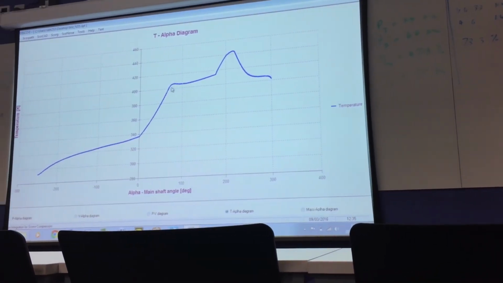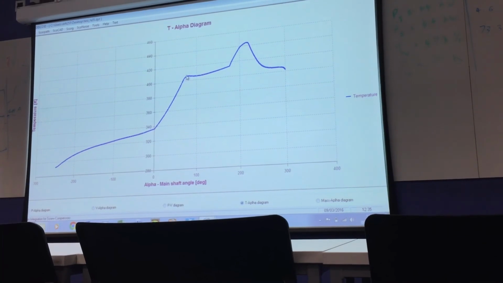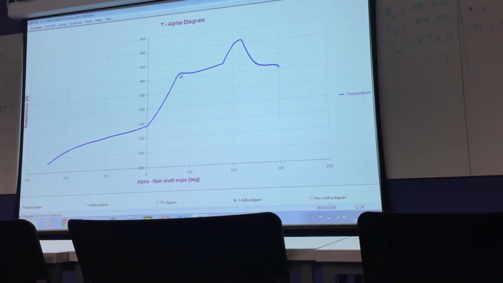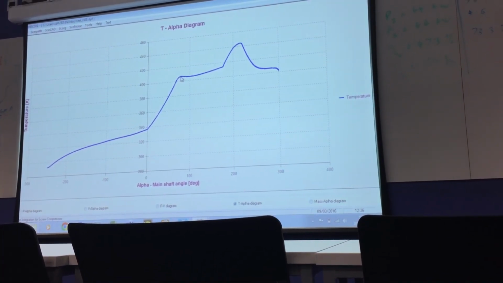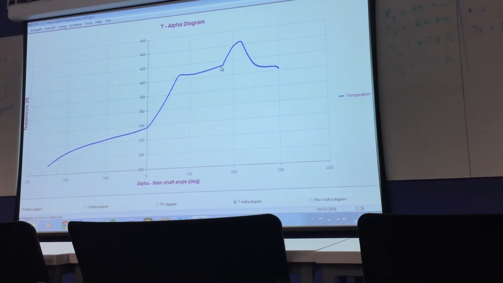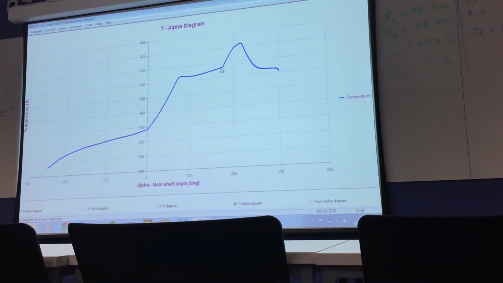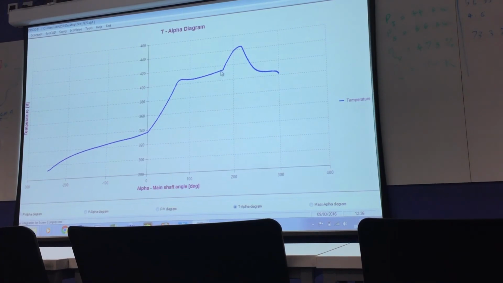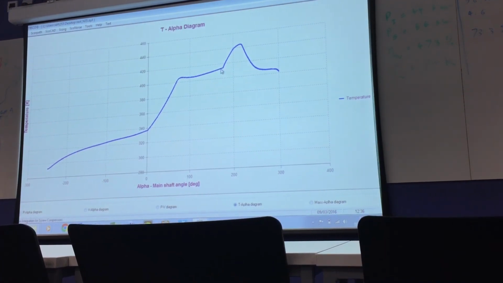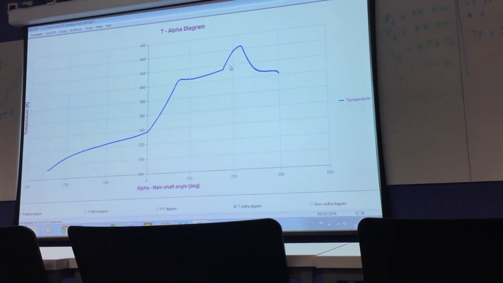This is the injection point. At 68 degrees, gas and oil came into contact and the gas was cooled down. After a certain point, the gas and oil become same temperature and then further cooling stops. Then the temperature again starts increasing, because of which you see this trend.